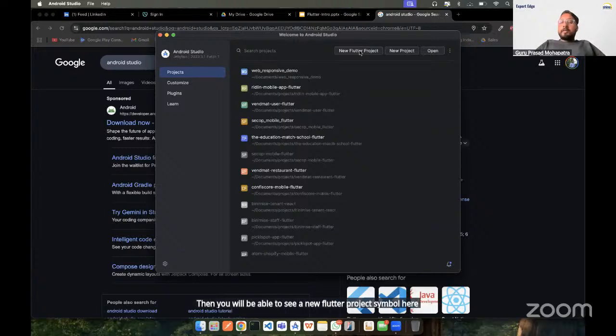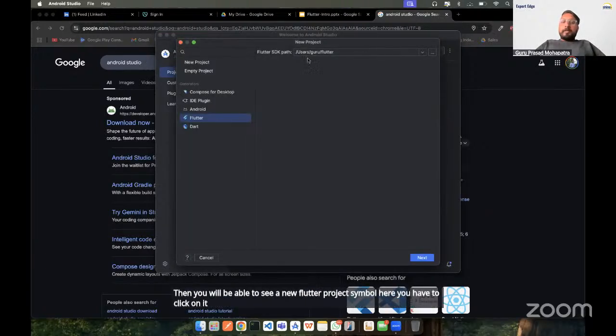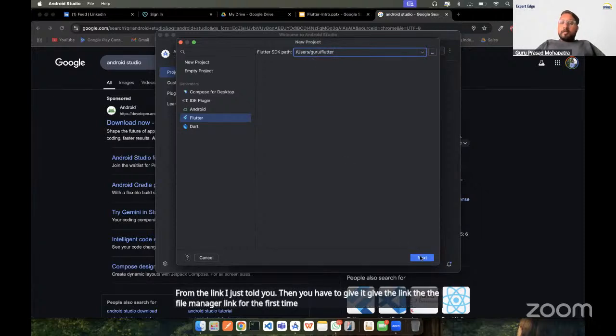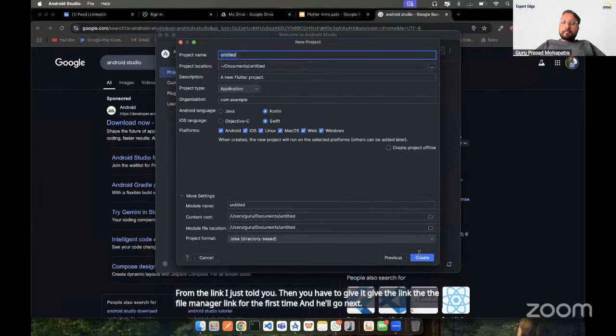You have to click on it. It will ask for the Flutter SDK path. You must have installed Flutter from the link I just told you. Then you have to give the file manager path for the first time, and you go next.